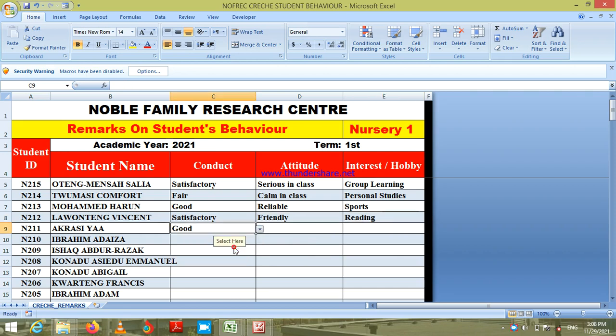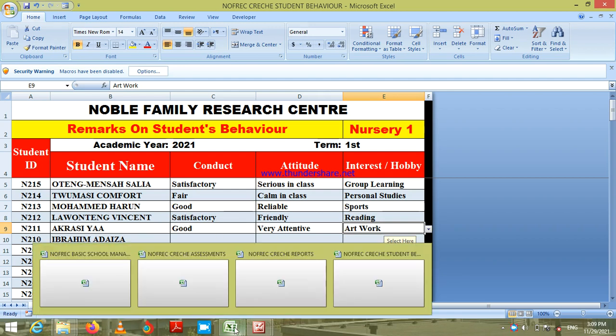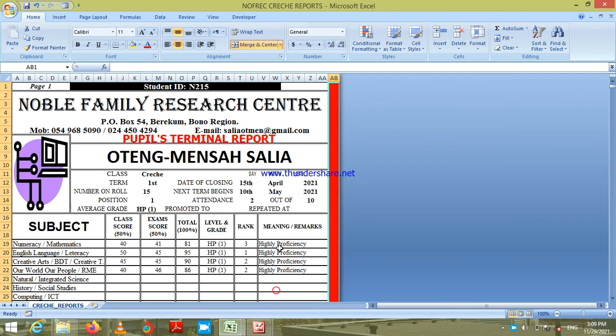She is good and she is very attentive in class, and she likes artwork. Okay, so when these selections are done, they will automatically migrate to the various